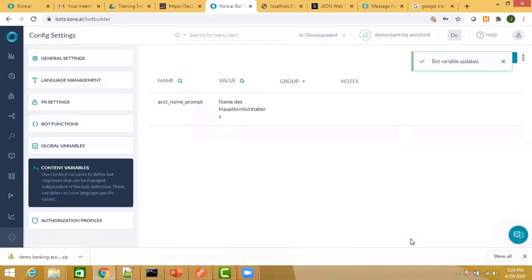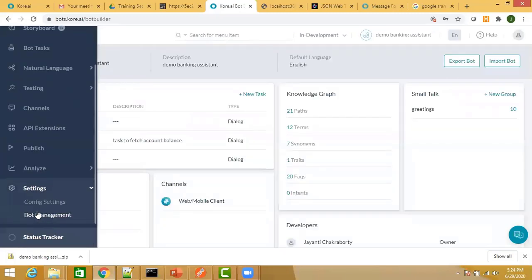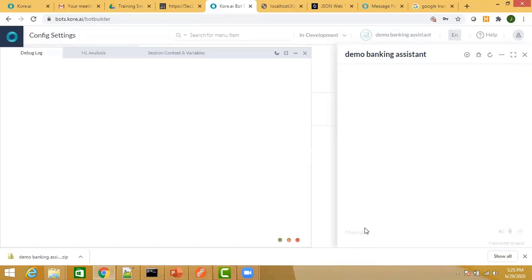We click on save. Okay, so now depending on the language, you can see in the German language, this is the account name prompt. If you go to the English language, okay, you will see that variable will show you the content in the English language. So when you're talking to the bot,